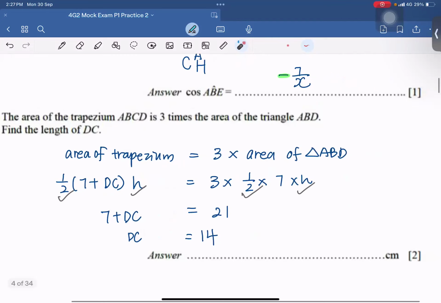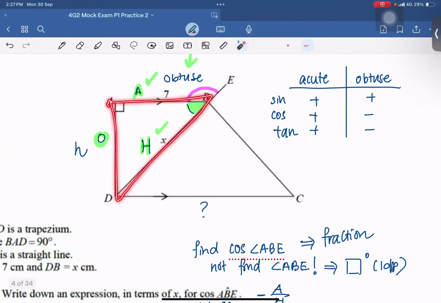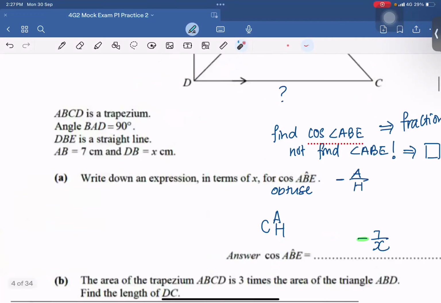Next, equals to 3 times area of triangle ABD. Let's look at triangle ABD. Area of triangle ABD, how to find? ABD is half times base times height. Half times base is 7. Alamak, don't know the height. We let the height be h. Now observe,